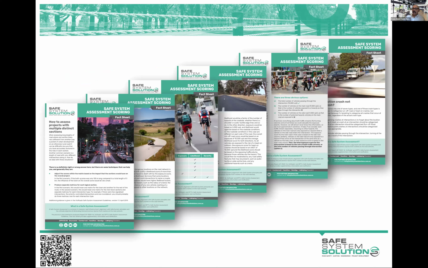We're going to keep practicing this as it's something to get your head around a little bit. We've produced, for those hanging around to do safe system assessing, like the actual technique of it and how you fill it all out, you'll see that the scoring can get a little bit nuanced. So we've got these fact sheets to support. There's one in there on bicycle facilities, like we were talking about, how you define exposure or likelihood or severity for some of these things. There's a bit to it, but I hope you're starting to piece that together in your mind. The assignment will help, and then the next exercise will help as well.